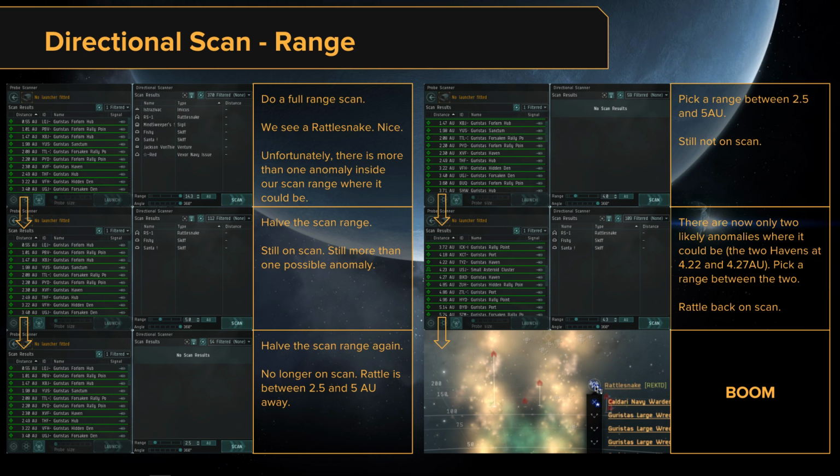Hit scan, and unfortunately we're all decloaked now, so it's going to bugger up our results. But at 6, you can see that there's a Rattlesnake and there's a Vexor. Vexor Navy Issue and the Vexor as well. Vexor Navy Issue is now 1,000 kilometers from us, so not so relevant. Now the Vexor is still in space,